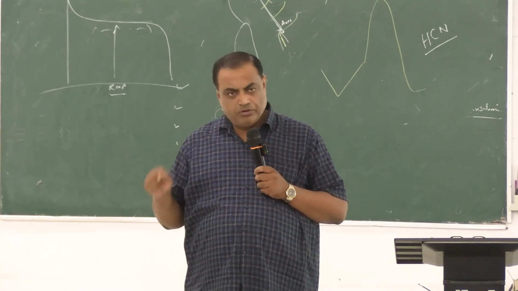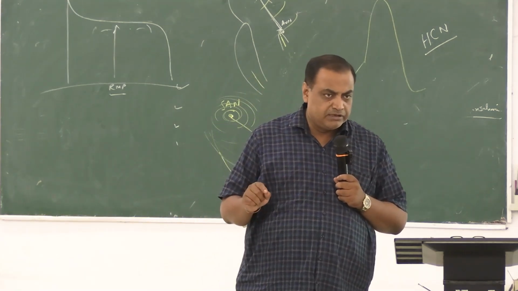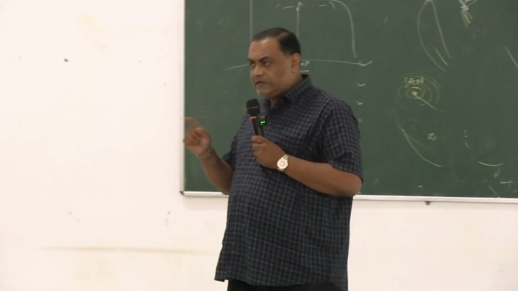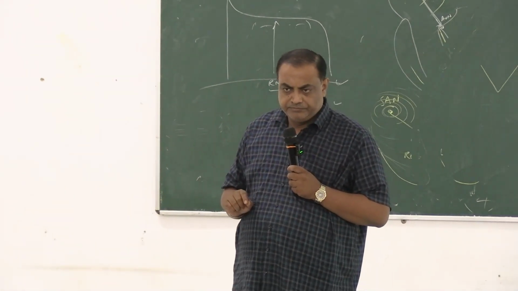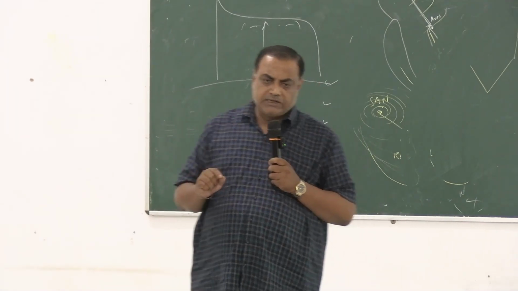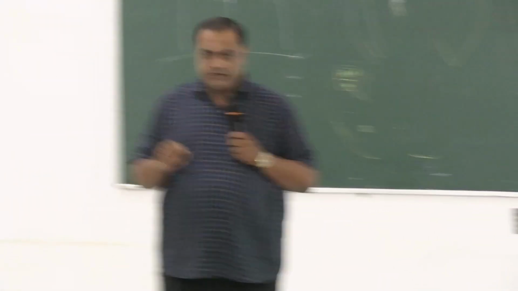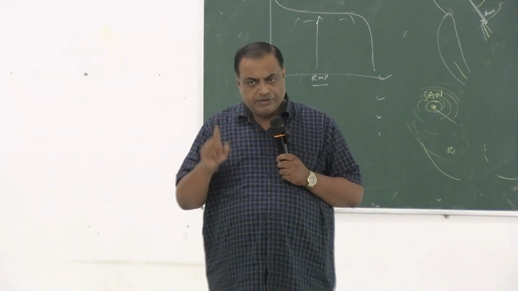That doesn't mean it has no charge. That means it has charge, but that is satisfied by an equal amount of opposite charge. So the molecule must have an equal number of positive and negative charges so that the net charge becomes 0,